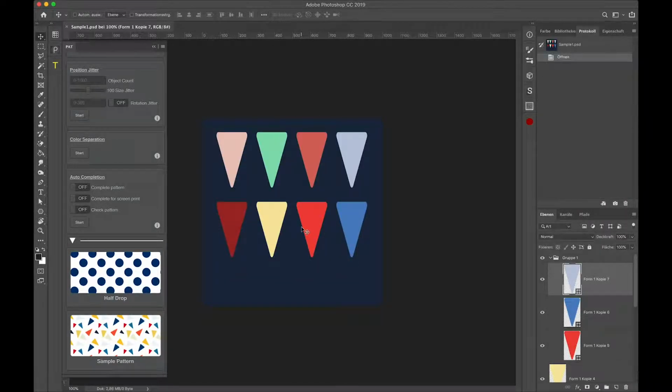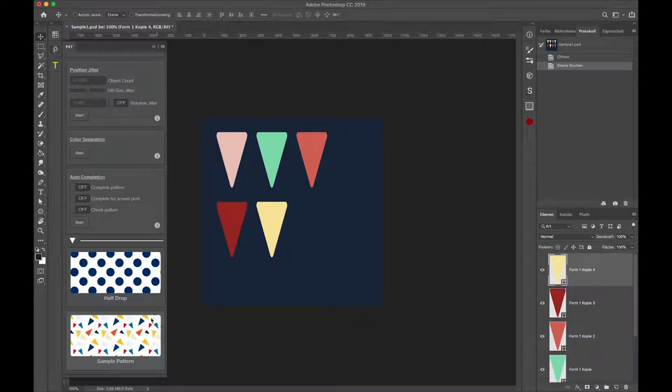Each predefined pattern is able to generate a number of varieties of pattern depending on how many layers you select. Your basic half drop pattern is right now able to take up to 3 different layers, and the first sample pattern is able to take up to 9 different layers. So for instance, if I select all of the 5 layers I have right here, it will create a pattern